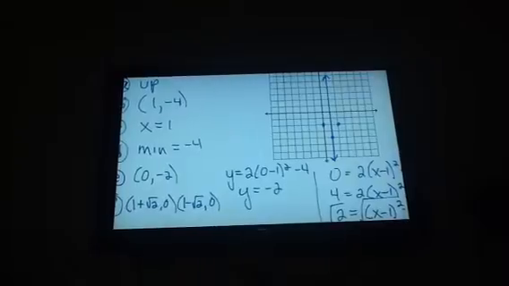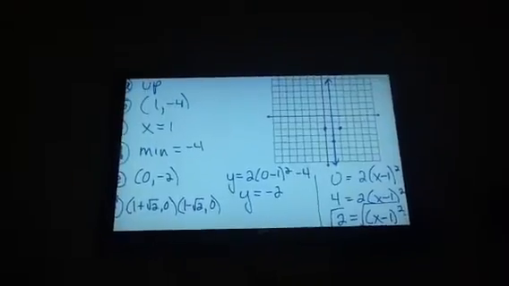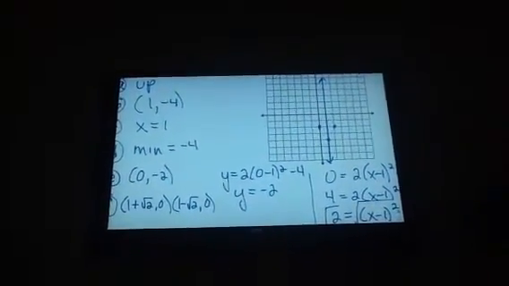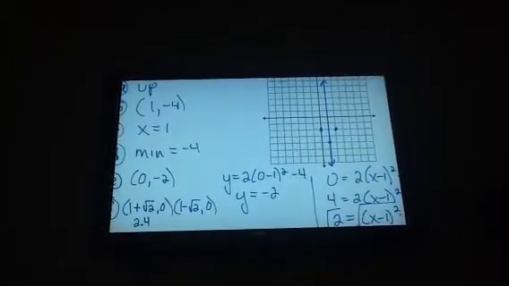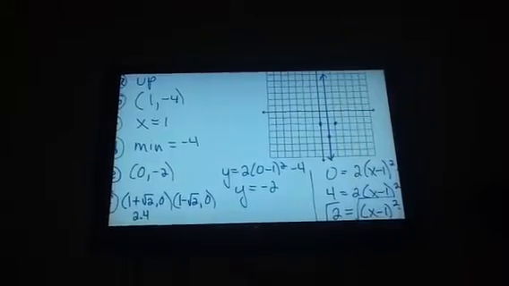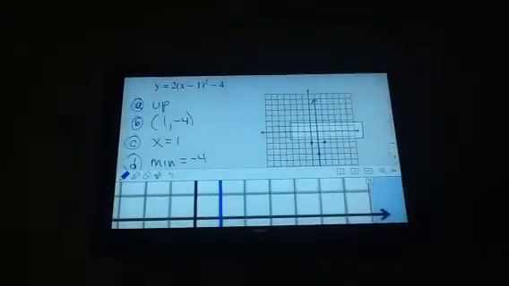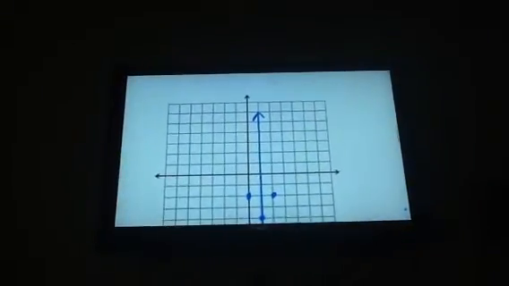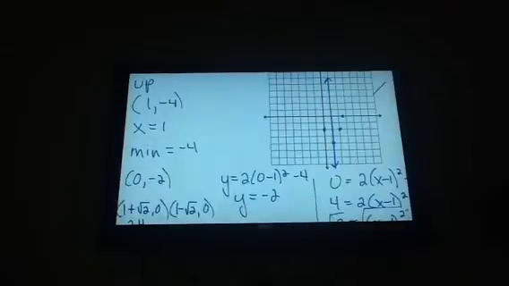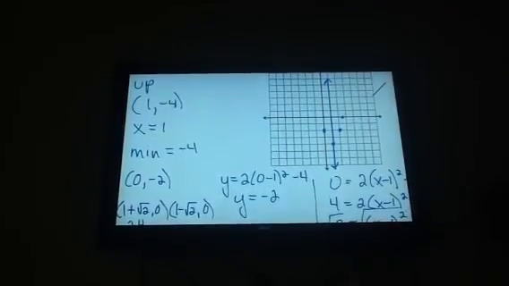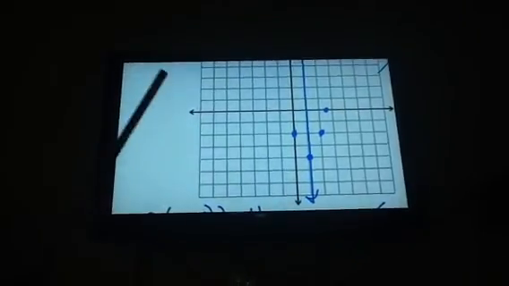And then I'm going to go to my calculator to get my x-intercept. 1 plus the square root of 2. And I get 2.4. So 1, 2.4, almost 2.5. Now, I don't typically go and calculate the other one because I know I have a line of symmetry to work with. You can certainly go and calculate the other one with your calculator. But if I look at where I just